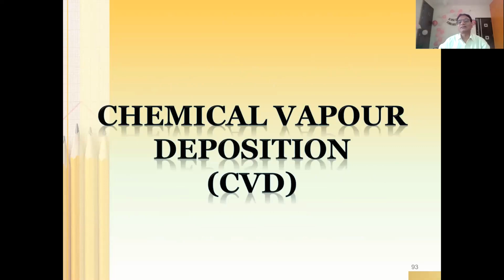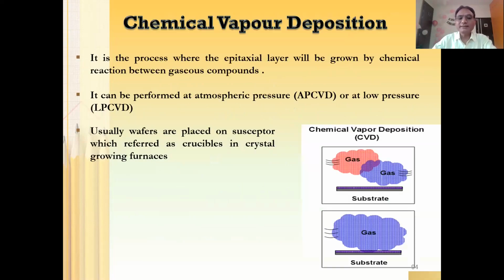Then chemical vapor deposition. As far as chemical vapor deposition is concerned, basic CVD we have already discussed. We have discussed the machine which we have developed in our research laboratory. But in the syllabus, there are APCVD, PECVD, MOCVD. We are expecting a little description of all those machines.